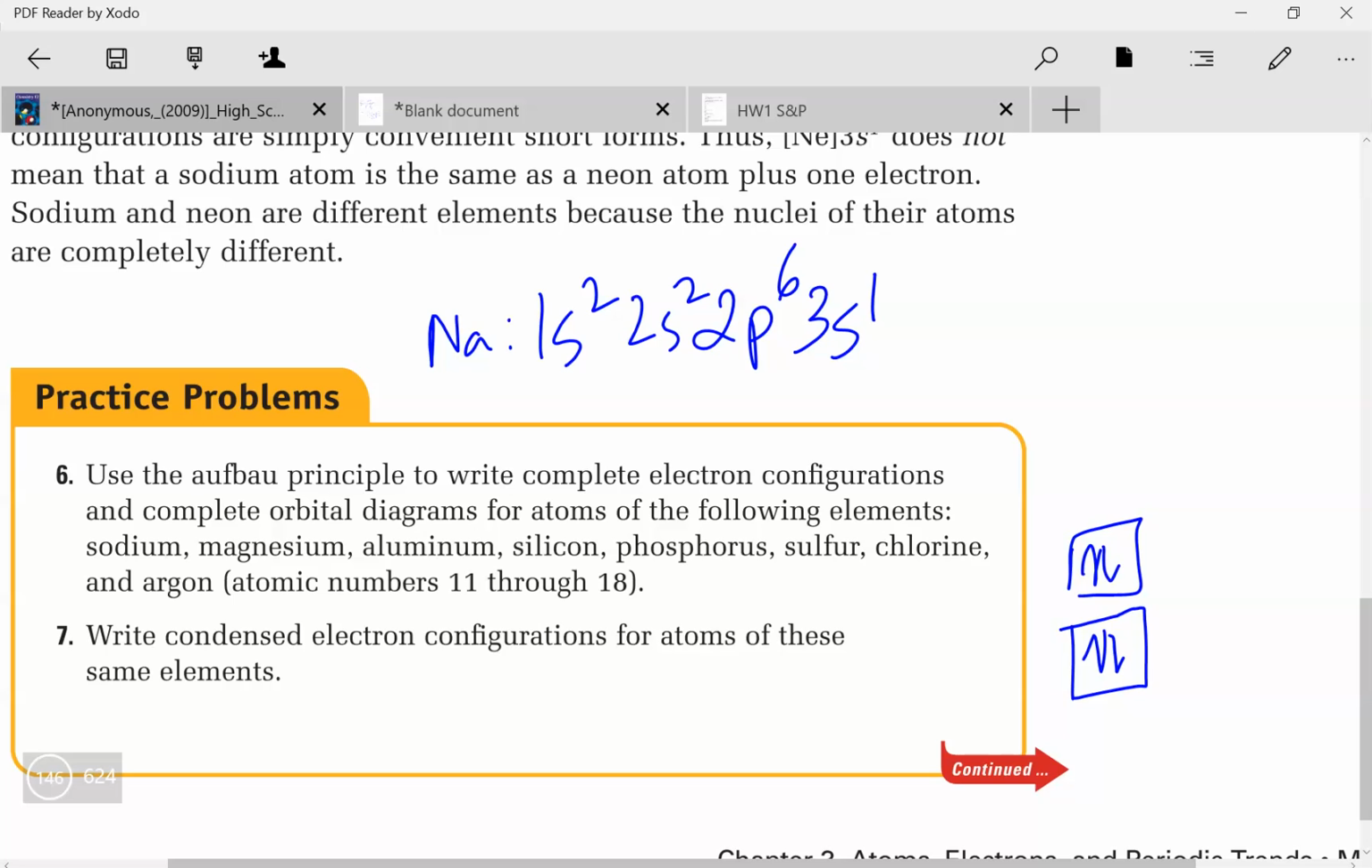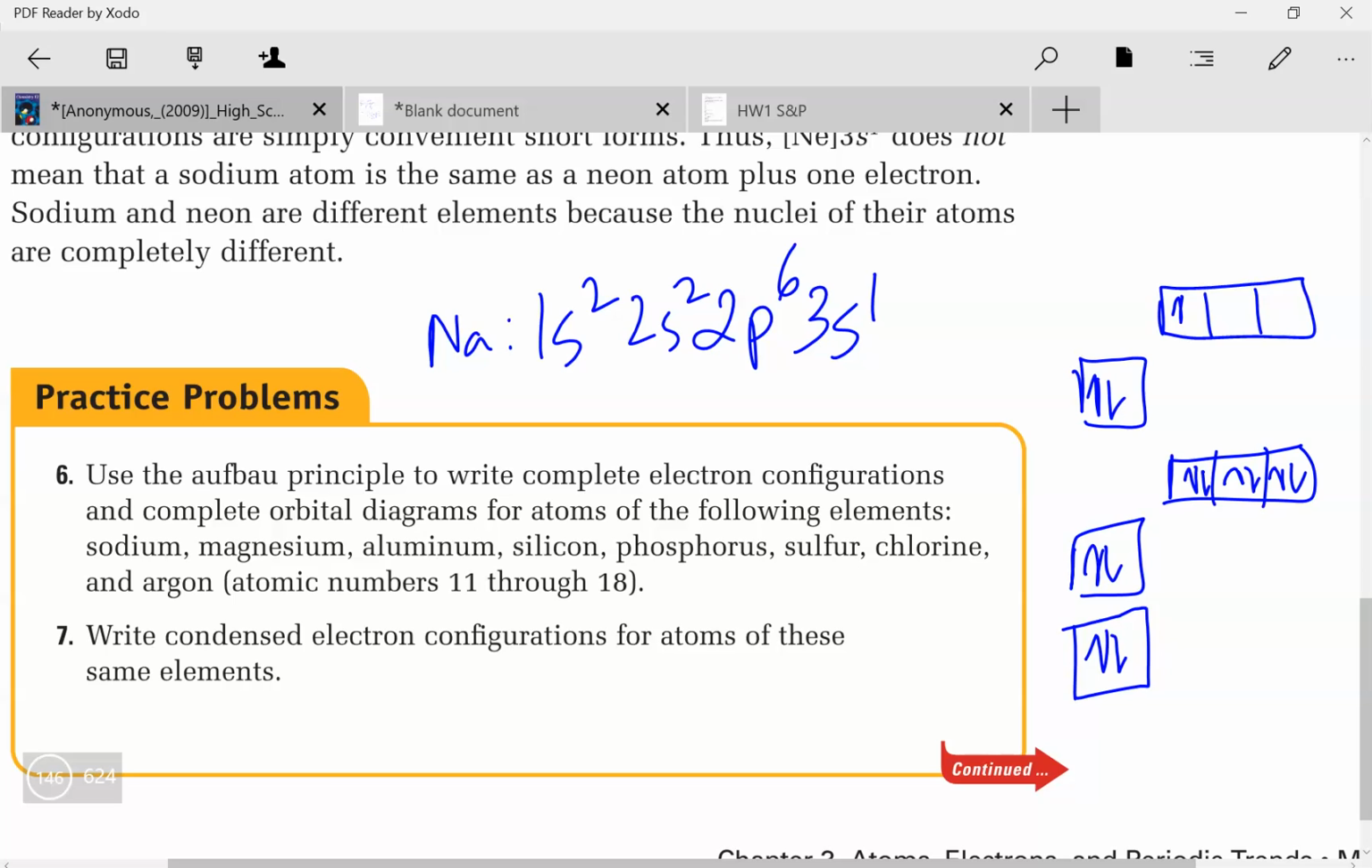So sodium would look like 1s2, 2s2, 2p6, 3s1. So then magnesium would be 3s2, aluminum would be 3p1, silicon would be 3p2. Note that I put the second one over here and not doubling up. I am putting a new one according to Hund's rule. So that's silicon. Phosphorus would be 3p3, sulfur 3p4, chlorine 3p5, argon 3p6, and those would be, I mean, you